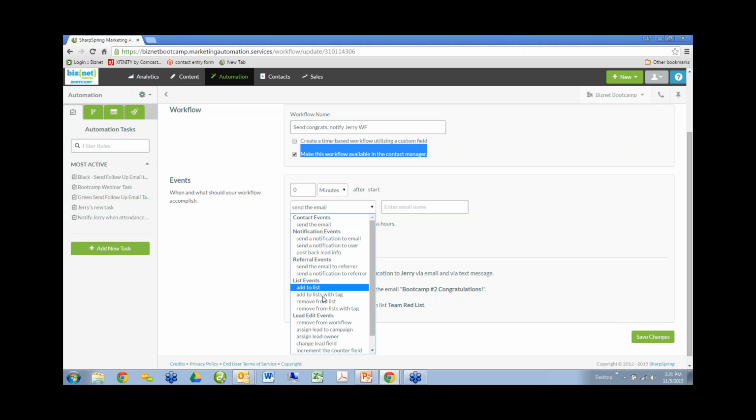You can add somebody to a list. You can add them to lists by using tags. You can remove somebody from a list. You can remove them from lists similarly with tags. You can remove people from workflows. You can assign to campaigns. So there's a whole variety of things, again, that we would want to do with somebody based upon the actions